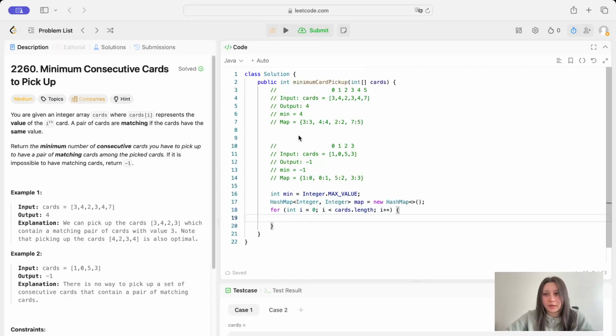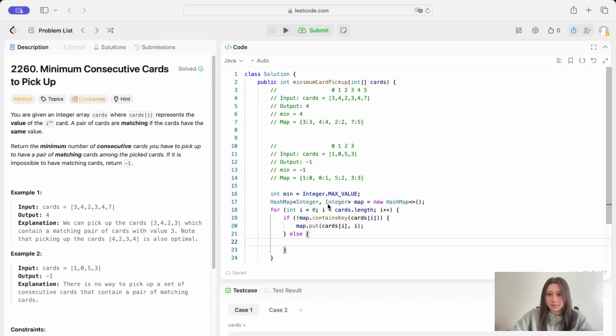And then if we do not have this card in our map already, we're going to add it, and we're going to map it to the index, which would be i. And if we do have it, then we are going to update our minimum